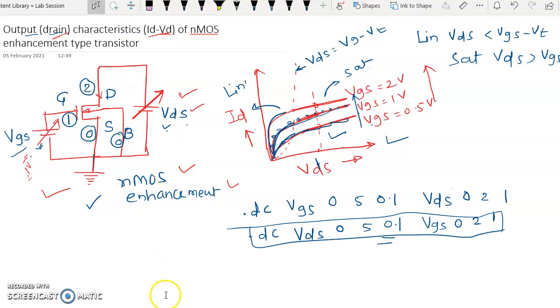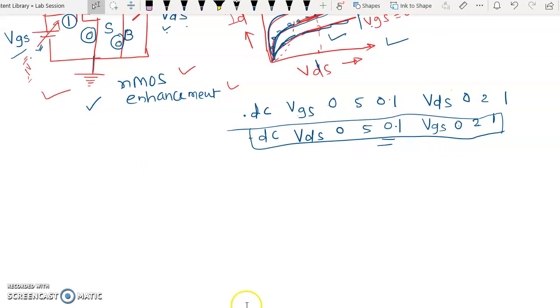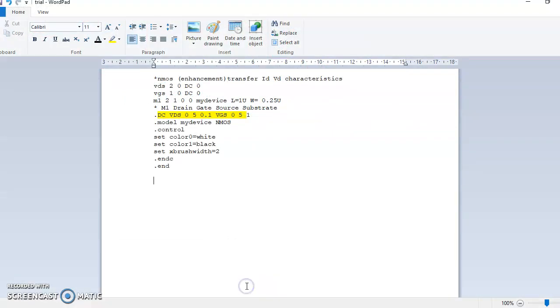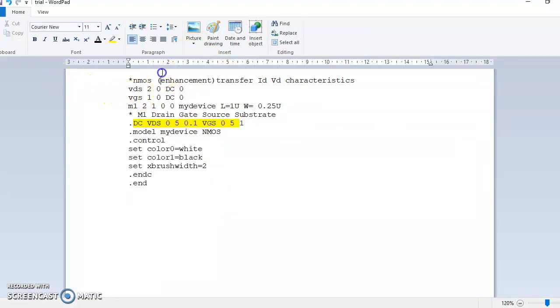So for that, now I'll go to the ngSpice, and in the ngSpice I have actually written the code for you. So let me open up that code. Okay. So this is a trial code I have written for you people. I will just zoom in a little. So actually this is the transfer characteristics. Now it is the output characteristics, so we'll make the changes. These are the output characteristics, that is the IDVD.